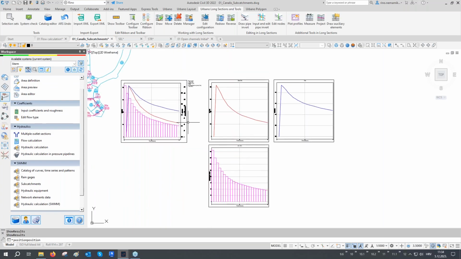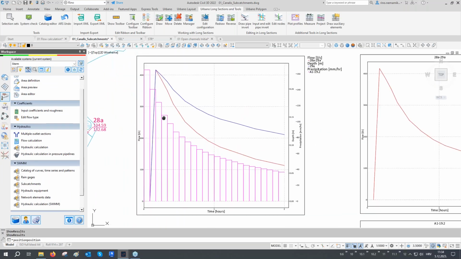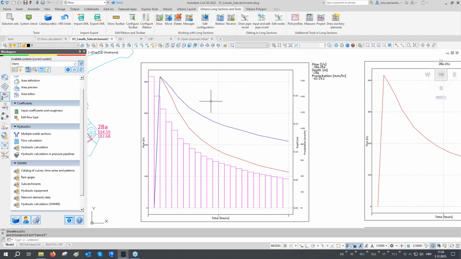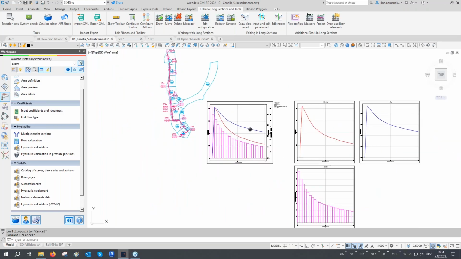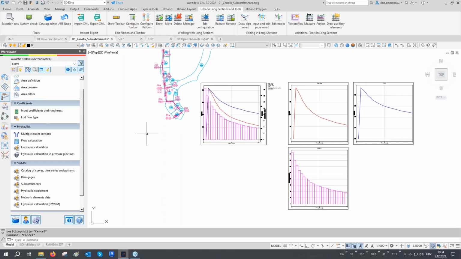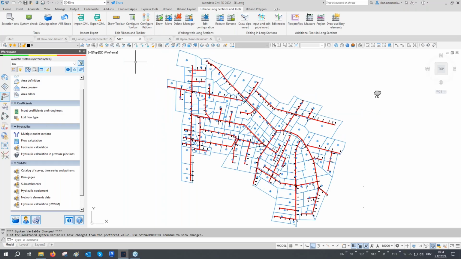So let's take a look at it. And if needed, of course, you can plot these graphs and put them in your project. Okay, so let's again switch to the following example, where I will show you a very similar thing, but now on a much bigger project. So this is a real project made by Urbano customers here from Croatia, the designing company